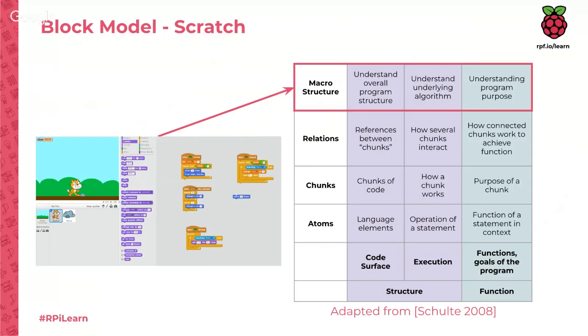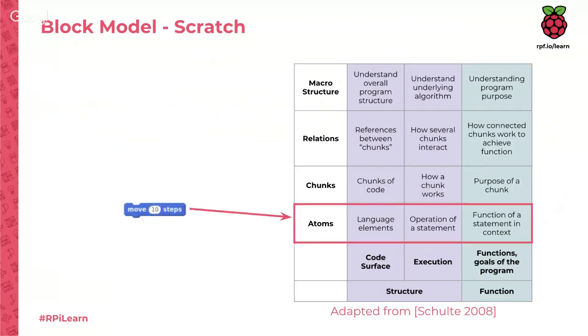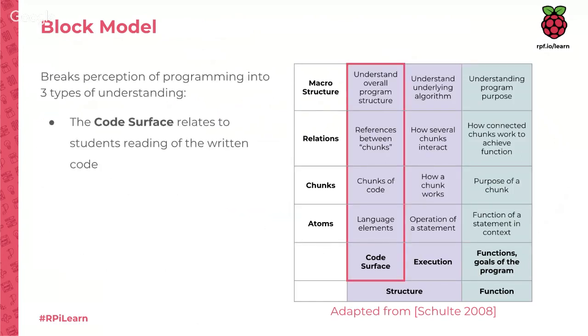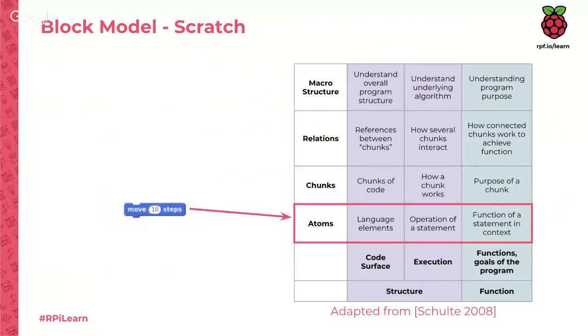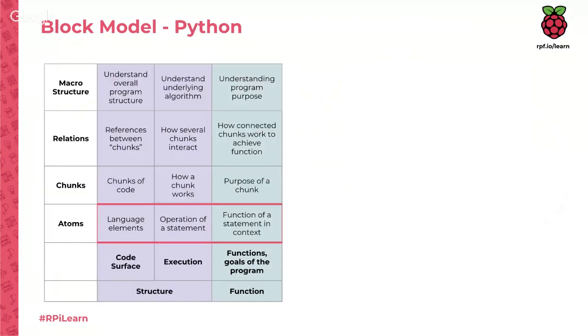This is a really interesting model of how we think about programming. And I think what's really important is that students often struggle with working at the code surface level, and they're having to deal with the atomic nature of the code they're writing and understand those small elements. That means they almost take a step back from the function and the purpose of the code they're writing. So what I would suggest, and we're going to look at Python first, is that we look at equivalence between the two languages.